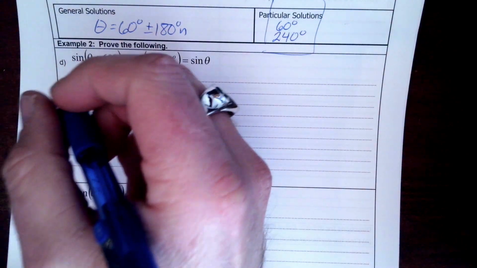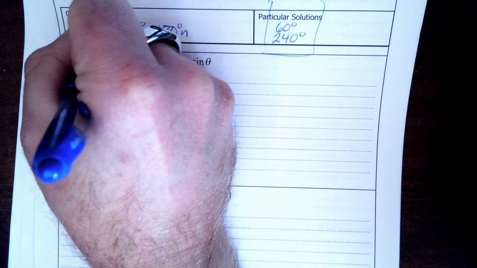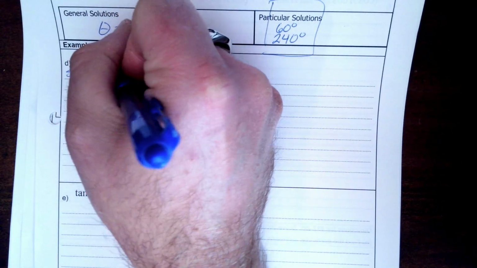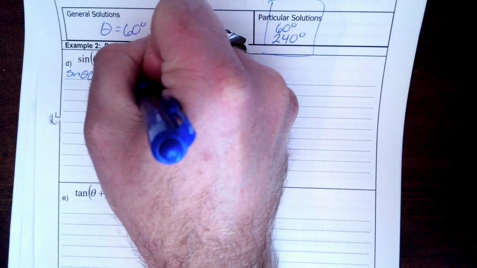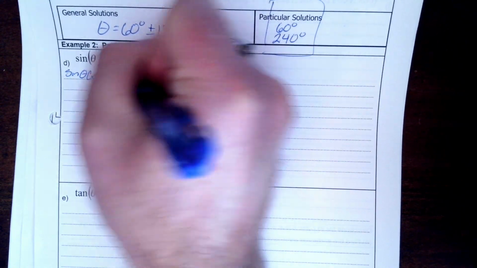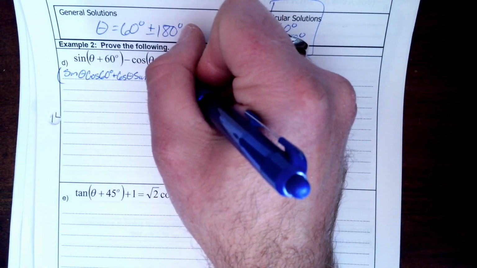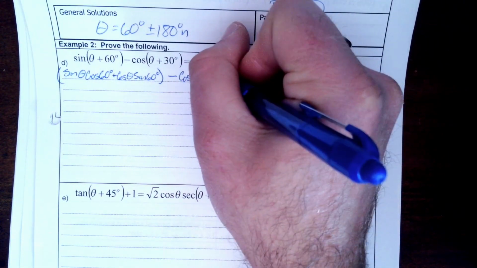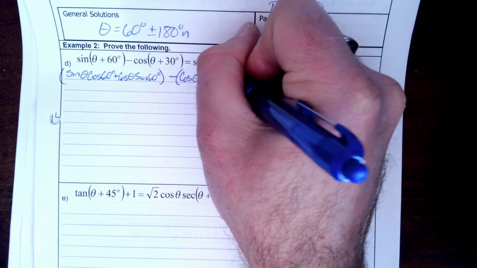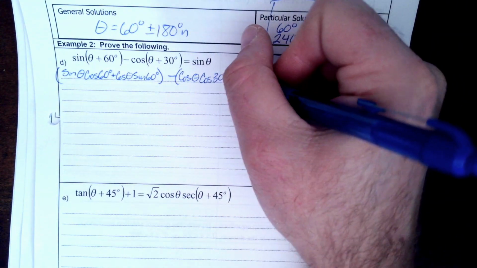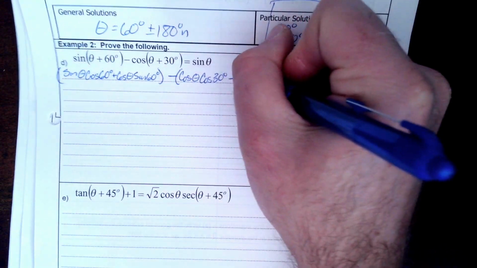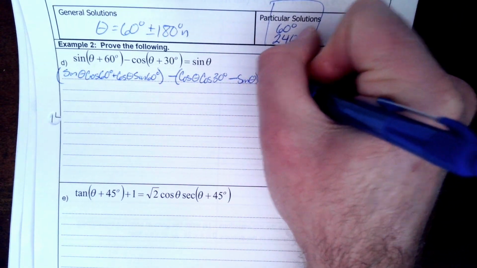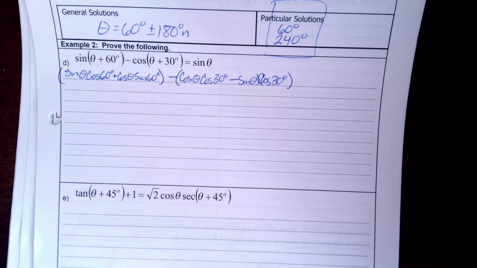So the sine of theta plus 60 should be the sine of theta times the cosine of 60 plus the cosine of theta times the sine of 60. All of that minus cosine of theta plus 30, which would be the cosine of theta times the cosine of 30, plus, so that would be a minus, the sine of theta times the sine of 30, which looks a little bit weird,